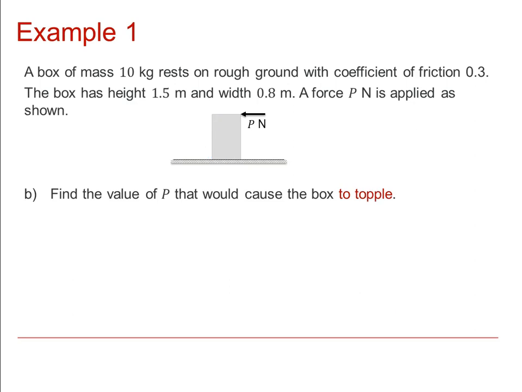In the second situation, then if it's going to topple, it's going to turn about this corner here, so that the forces involved are the weight mg acting down from the center of mass and P. We know that the height of the box is 1.5 meters and the width of the box 0.8, so we can say that mg acts at a distance of 0.4 from that pivot. So if we take moments about the corner,